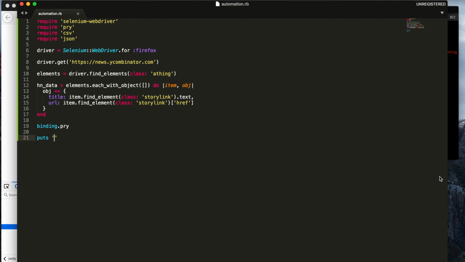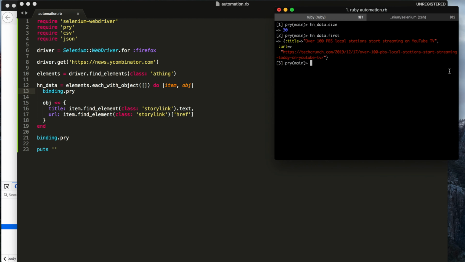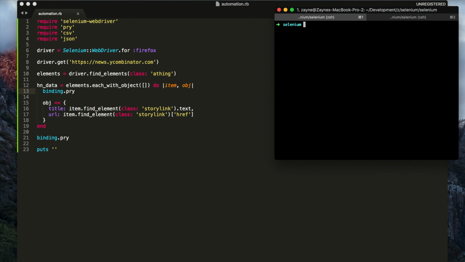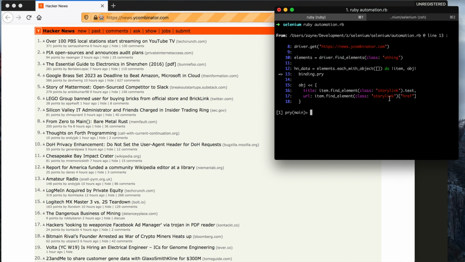So let's jump back into our script. And I'm actually going to put a pry into our block here, and I'm going to exit out of this, and I'm just going to rerun our script now. And what should happen is we should hit our pry for the first item inside of that block. So we can see that opened up Firefox, went back to Hacker News, and now if we look here, we can see we hit our pry, and if we look at item, that should be the first item in our